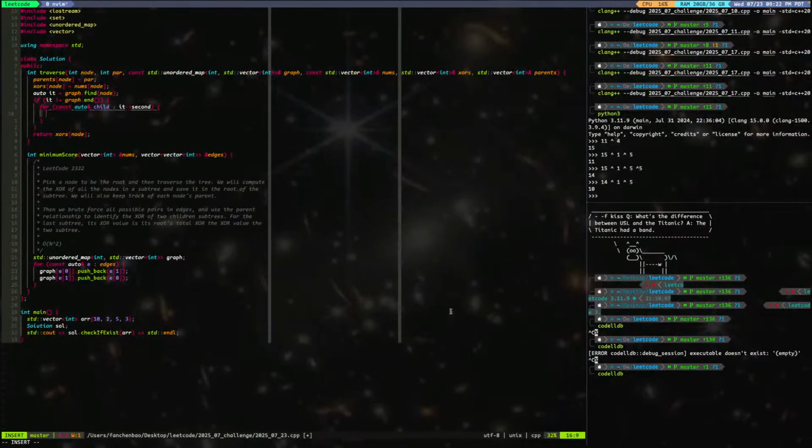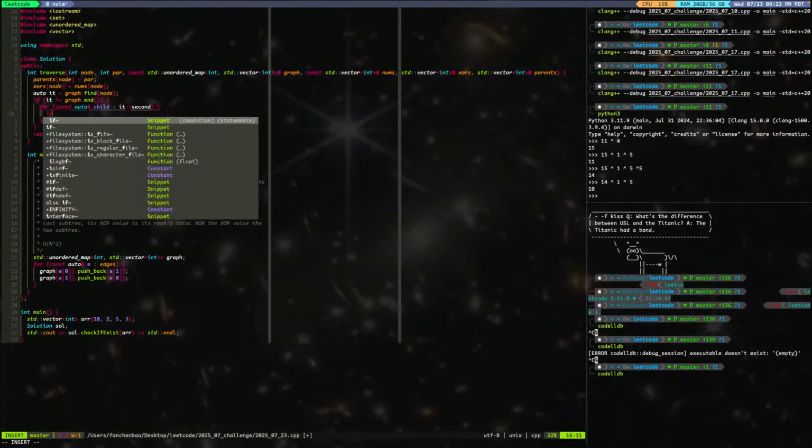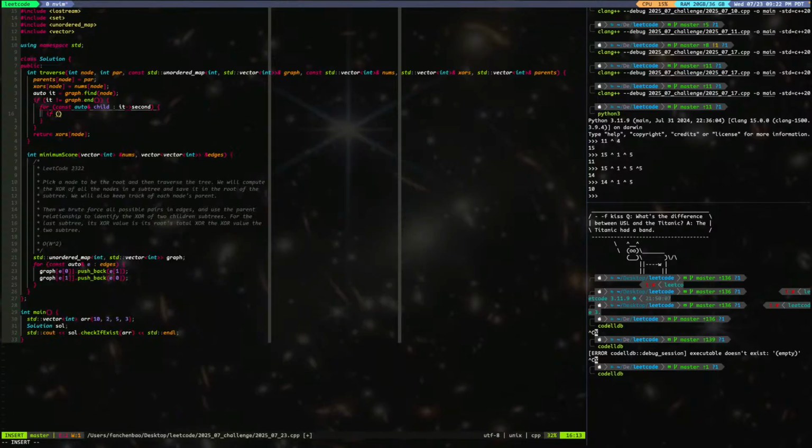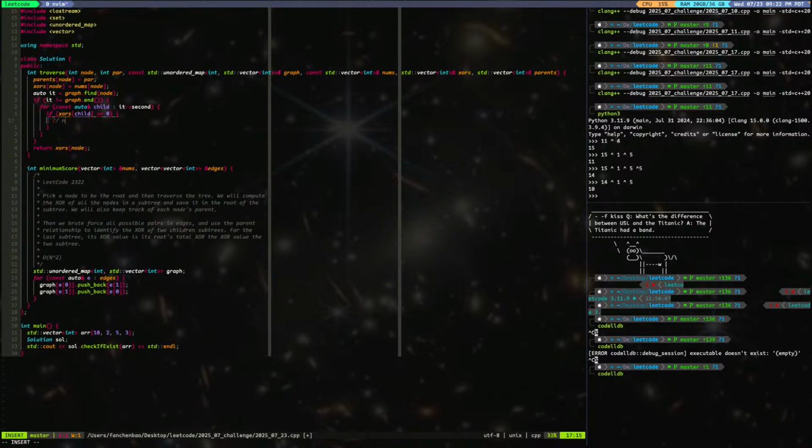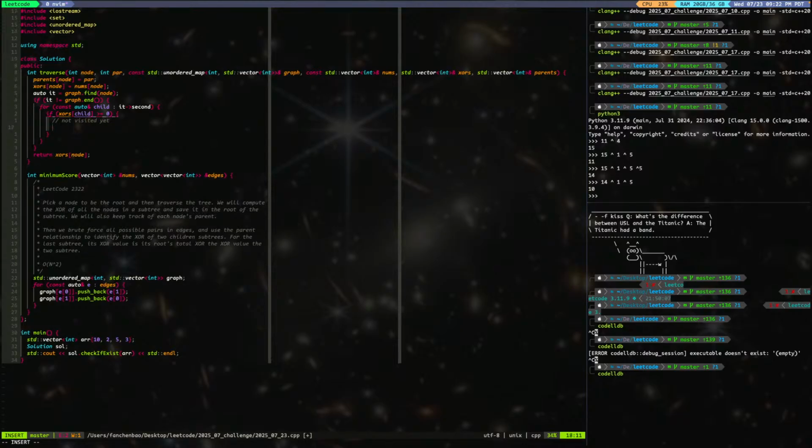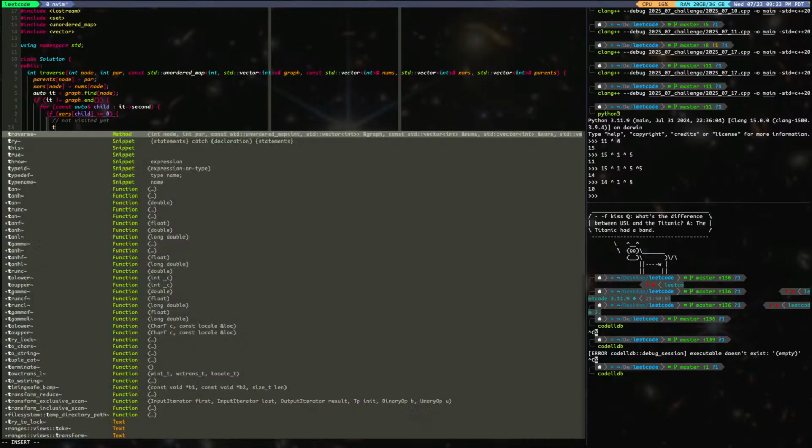Now we say if child, right? If exclusive or child is larger than larger equal to 0, right? Not visited yet. Right, if it's larger equal to 0, then what we're gonna do, it will do traverse